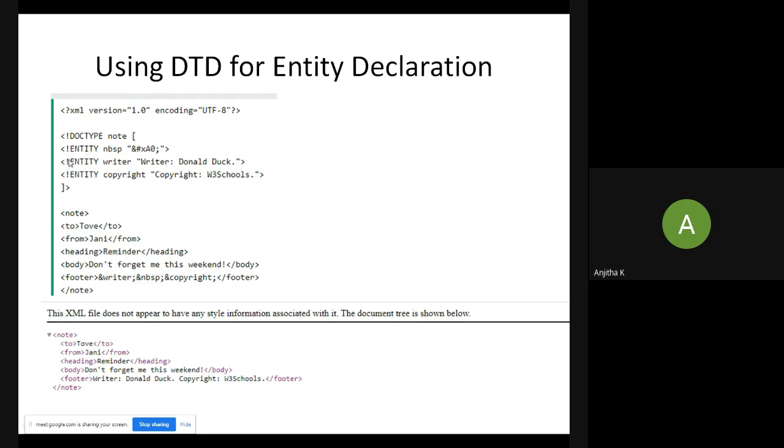Okay, so entities: NBSB. NBSB and its value. Okay, NBSB means this one. That is,